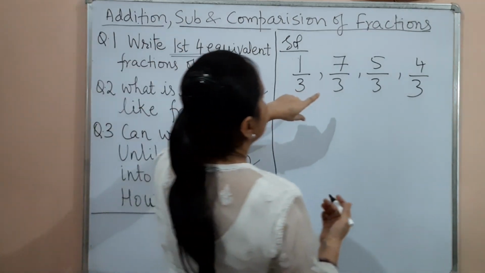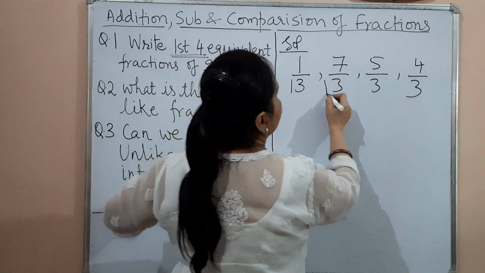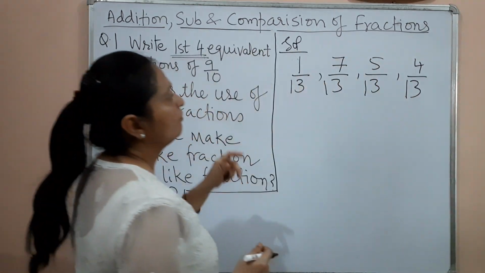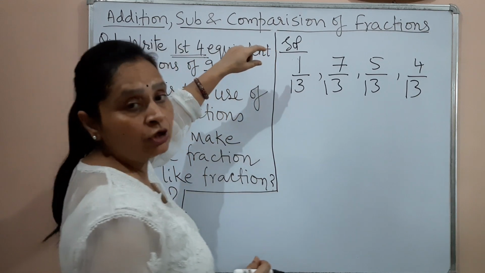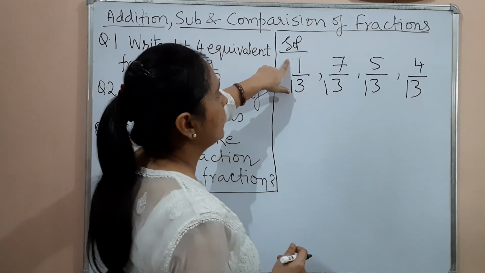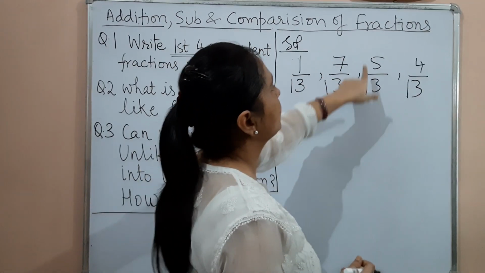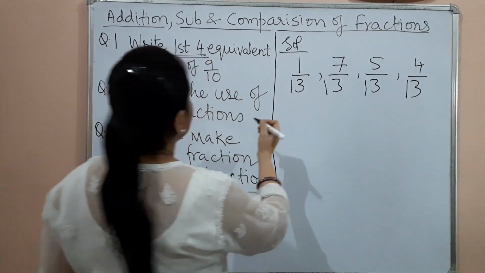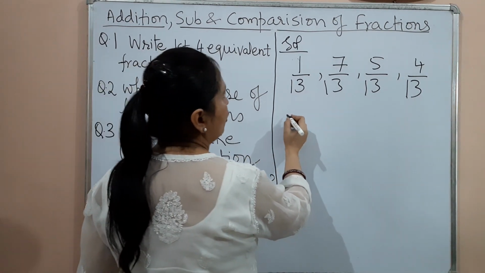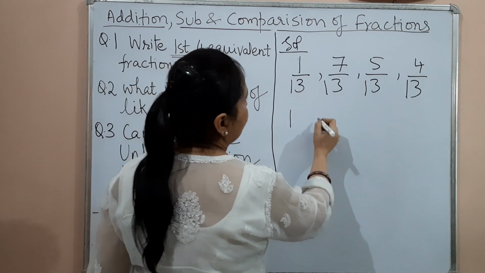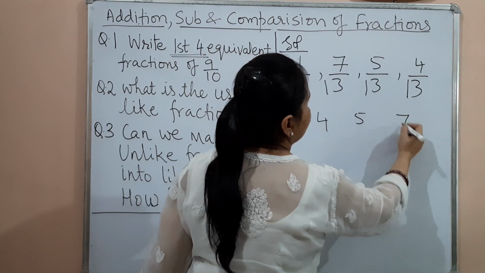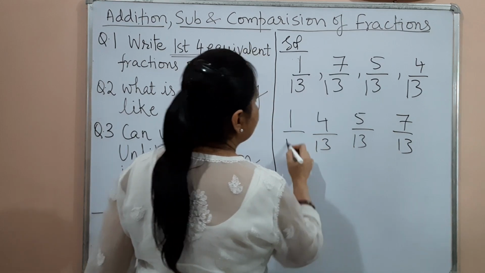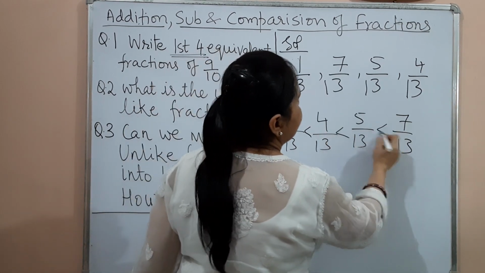Alright? Because suppose we have 13. Okay? So, if you understand with the help of marks, if you take this example of marks, out of 13, 1 is bigger, 7 out of 13, 5 out of 13, 4 out of 13. So, everybody knows if I want to arrange them in increasing order, obviously 1, then we have 4, then we have 5, and then we have 7. So this is arranged in ascending order.